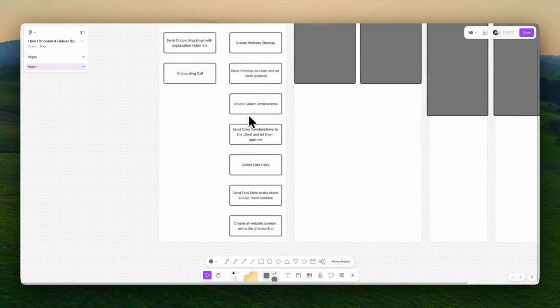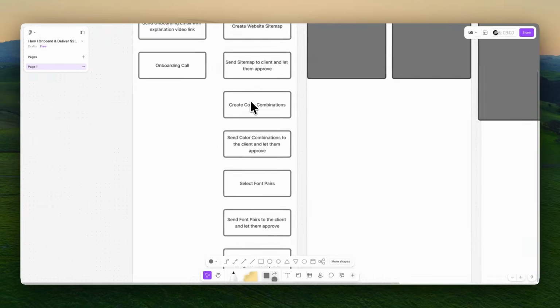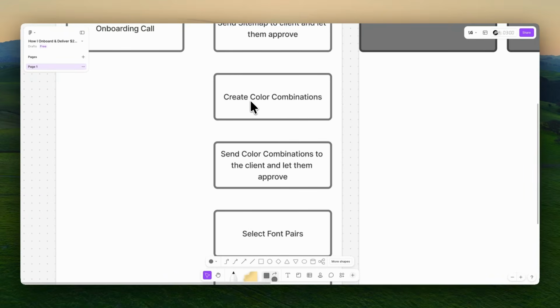Next step in that direction is creating the color combinations. So in my agency I have a few color combinations that are pre-done if the client does not have their own colors. And most of the times when I start working with a new client, they don't have color combinations. They are completely new. They maybe have an accent color, but that's it. And so I have everything set up